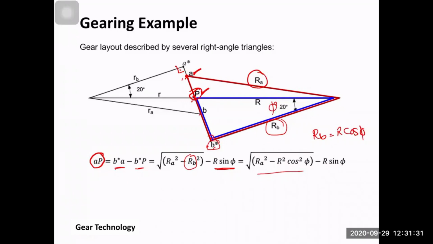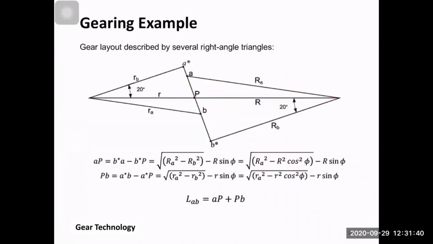We are going to try to find another relation for the distance between P to B. So we are going to consider the same thing, but the right triangles on the opposite side. So if you consider the red triangle here and the blue triangle, you will find that the distance from this point here to this point here is nothing but the distance from A star to B, from A star to B, minus from A star